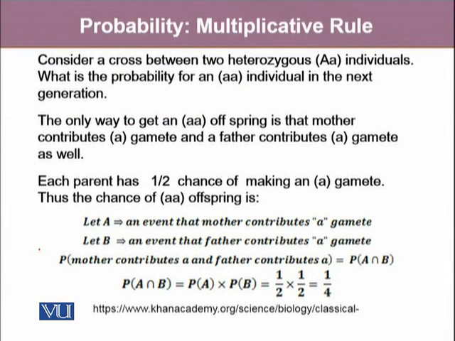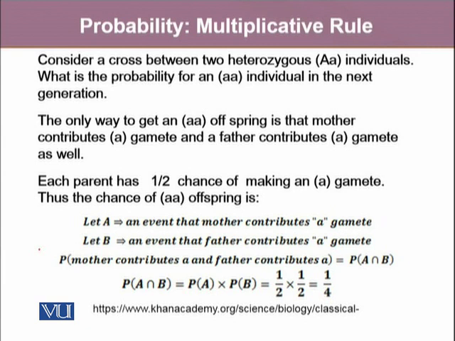So let's take an example that there is a cross between two heterozygous individuals, and we are interested in finding out the probability for a homozygous individual with small a small a in the next generation. The only way to get this offspring is that the mother contributes the small a gamete and the father contributes the small a gamete. Each parent has half the chance of making a small a gamete, which is the recessive gene. Thus,